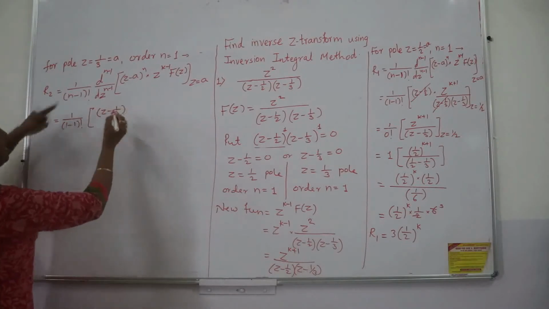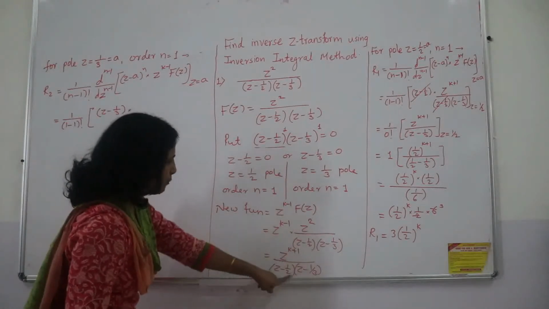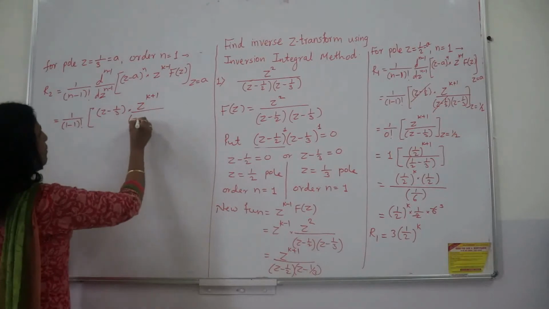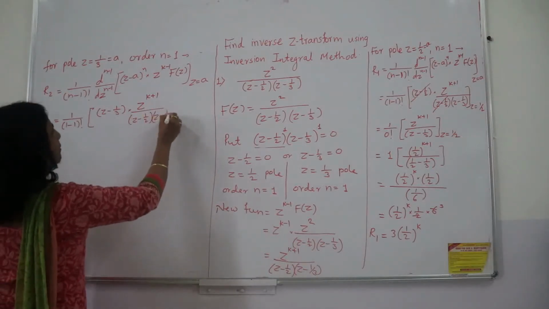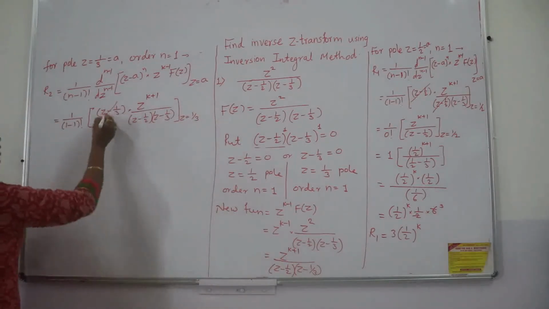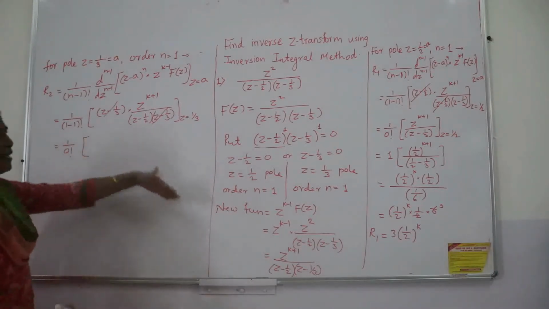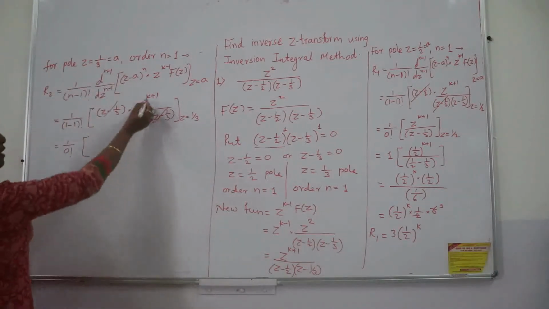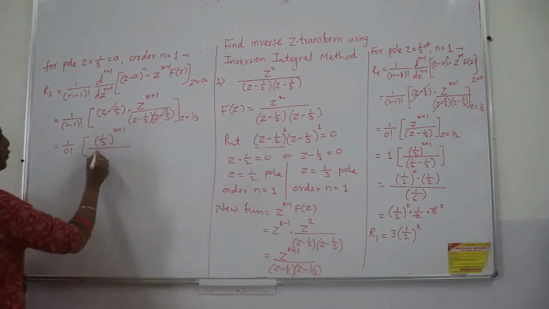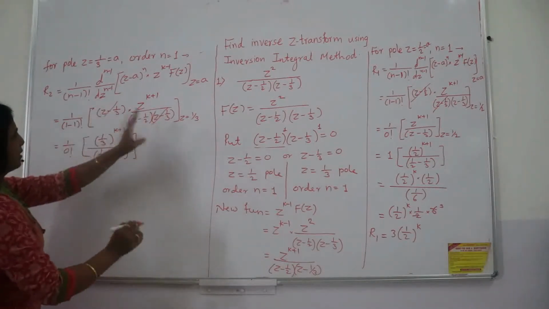z minus a is z minus 1 upon 3, the bracket power is 1, no need to write it down, and z raised to k minus 1 times f of z, this factor we have calculated here, it is z raised to k plus 1 upon z minus half, z minus 1 by 3, and in this simplification I have to place the value z is equal to 1 upon 3. Now 1 upon 3 will get cancelled. Now this is 1 upon 0 factorial, and now I may reduce the steps, directly you place in the remaining value, z is 1 upon 3 raised to k plus 1, divided by 1 upon 3 minus 1 upon 2. I have placed the value also, these two factors are cancelled.